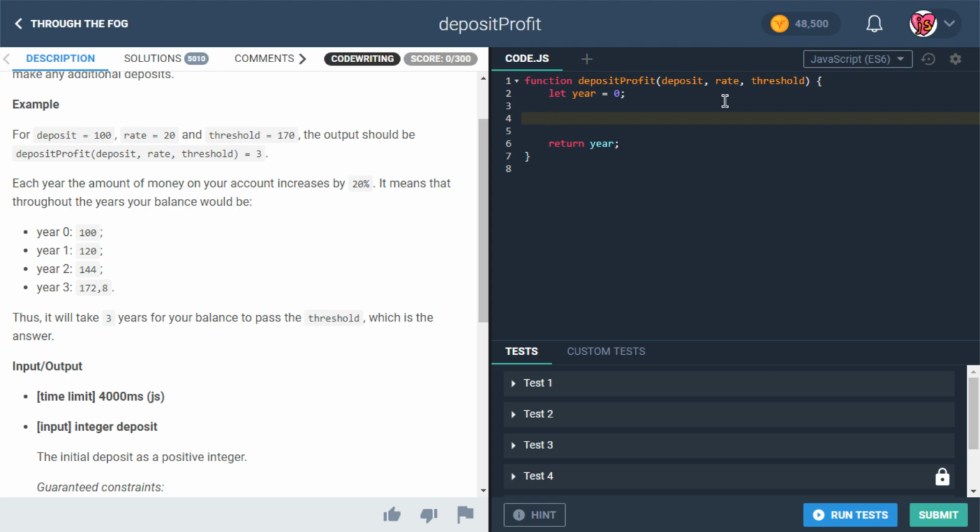So basically what we want to do is a loop, which is going to run through this and do the same sort of thing. So it's going to say for let, I guess we'll say amount. This is going to be the current amount that's in the bank account or whatever kind of investment it is. And it's going to start with deposit. At the very beginning, it is going to be equal to deposit. And we want to continue this as long as amount is less than